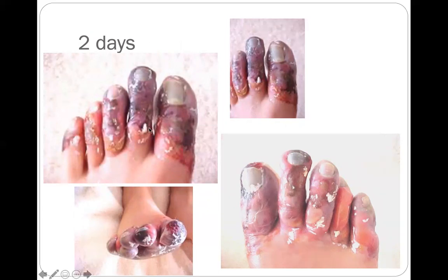Everything right here is localized to the tips. Like here's the tip of her toe. This one goes down to like the base of her toe, but none of it's going into the foot on either side. Here on the bottom, it looks like there might be a little bit more damage that was done,